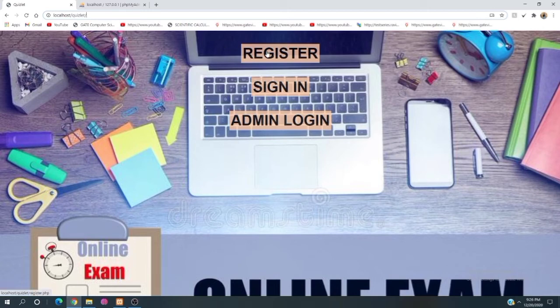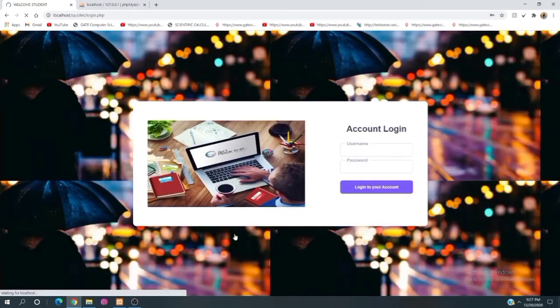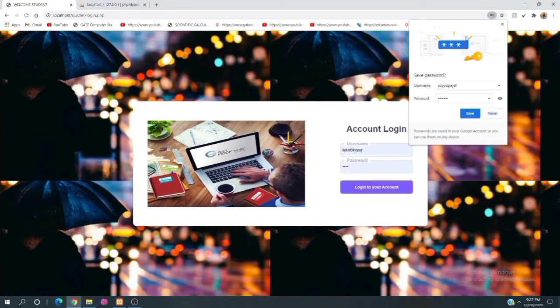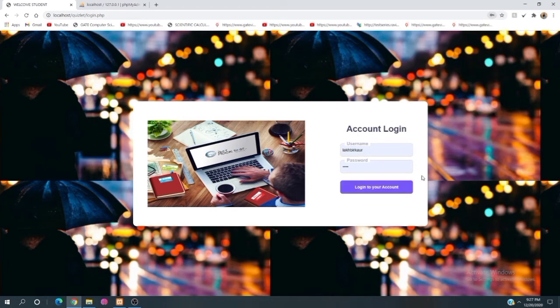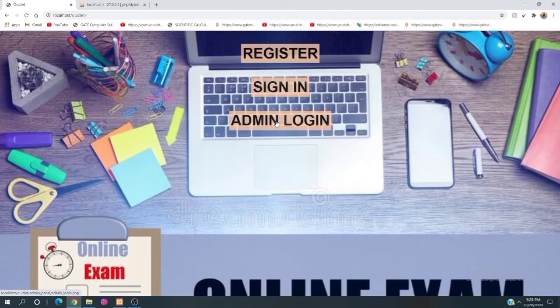The student will come and see this first page, and then he or she will register.